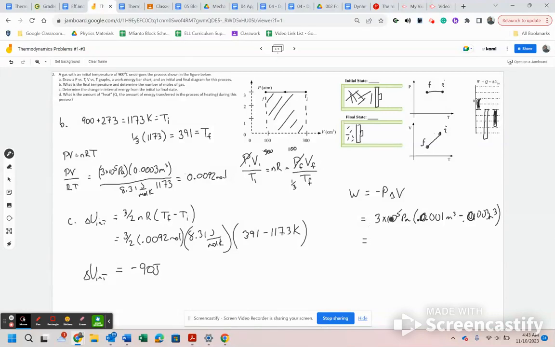So ultimately, since the volume gets smaller and we look at the equation, we're going to have a positive value for our work. So this will be positive 60 joules of work. Looking at the heating process Q, in this case, it's going to be a cooling process because Q is going to be negative. So we go from positive 60 to equaling the change in internal energy, which is negative 90 joules. And then Q will ultimately be equal to